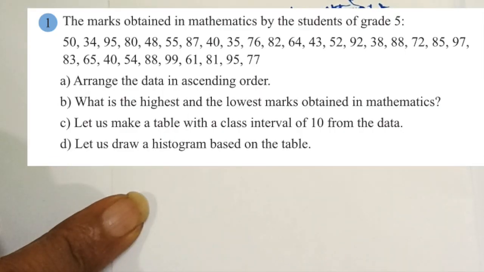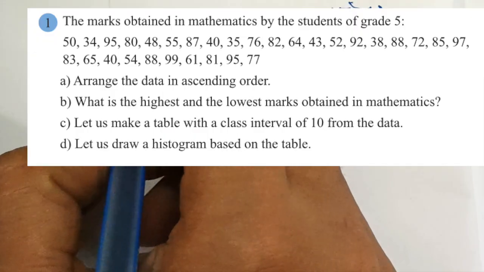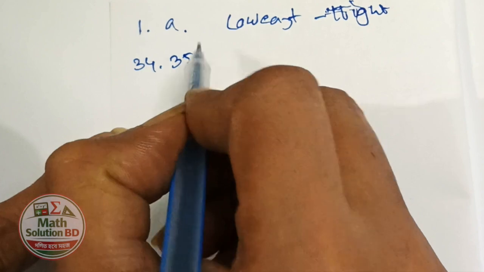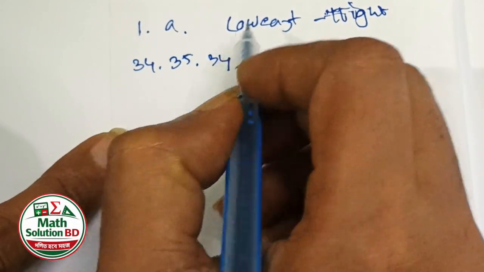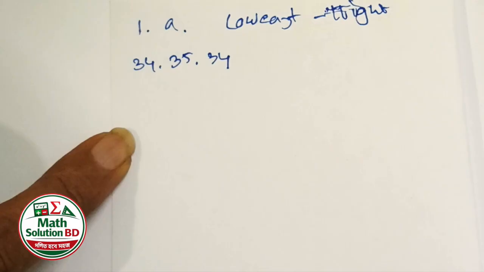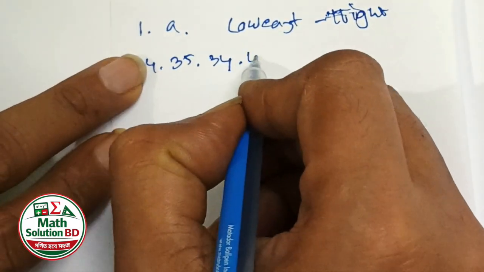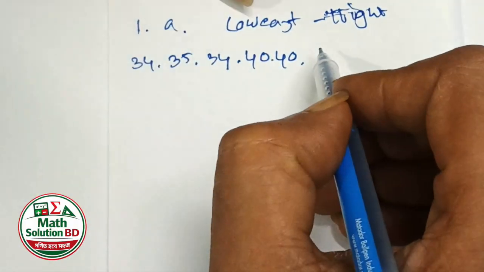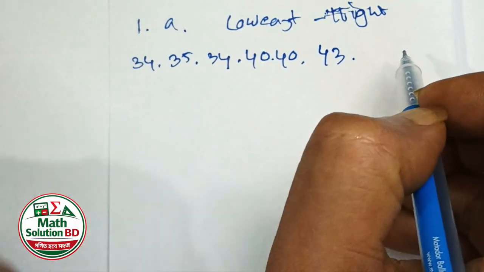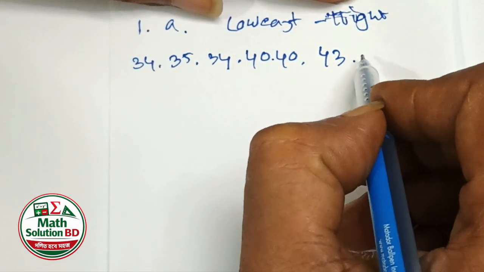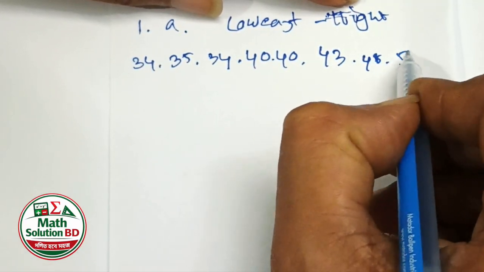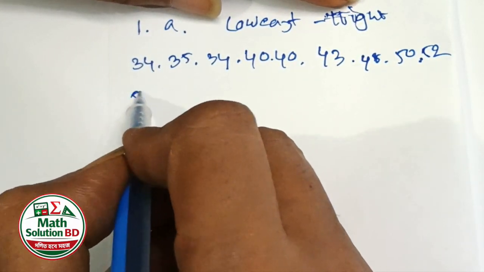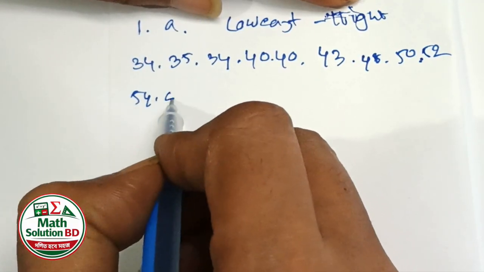Lowest to highest in ascending order we can make 34, 35, 38, 40, and then 43, 48, 50, 52, 54, 55,